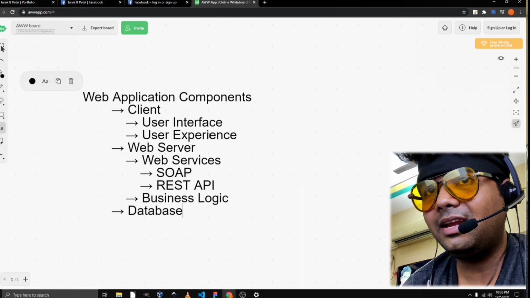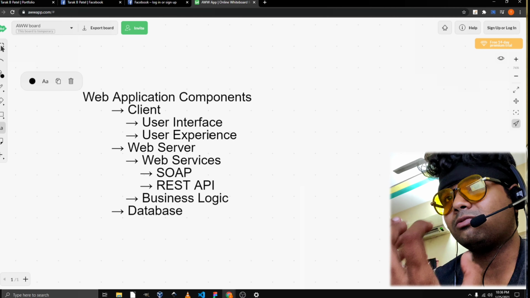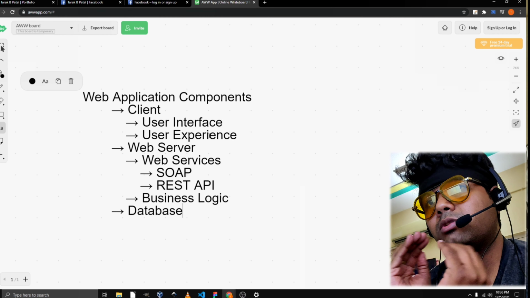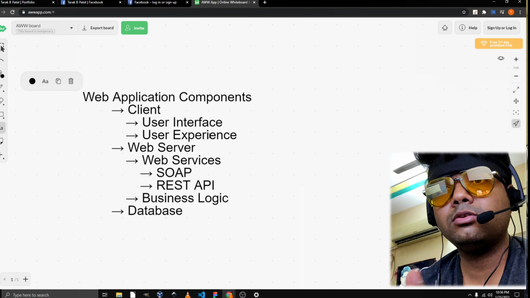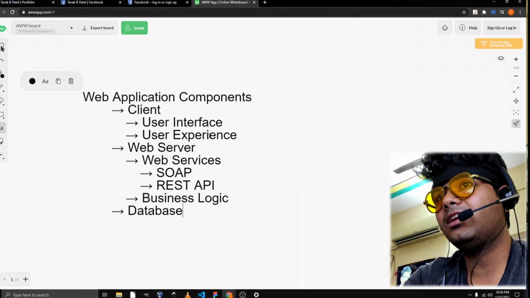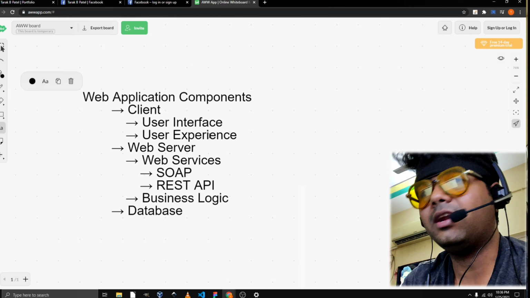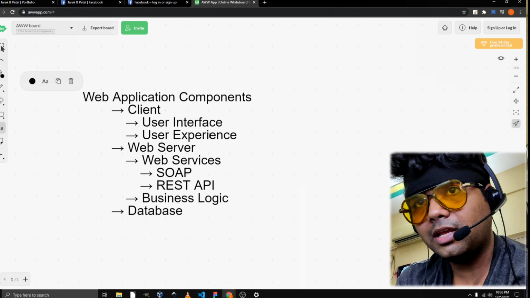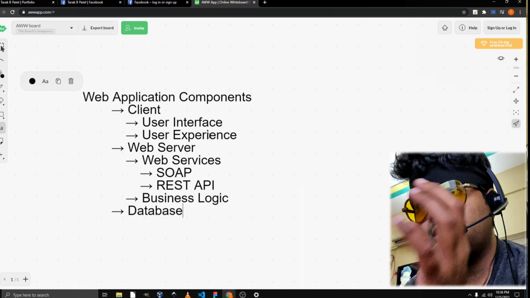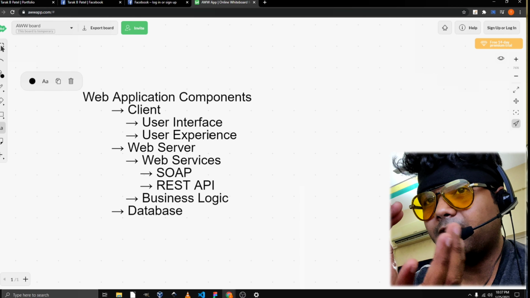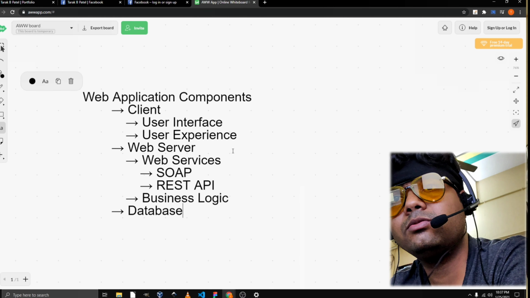And what happens in that client is you give a user the experience. So the user interacts with it, and this is what a user sees. The user interface, user interaction and user experience is what the client delivers to you as a person. This is an interface where a human sitting outside the computer interacts with the computer or your phone, and this is what he sees and this is what he gets. This is the responsibility of a front-end web developer or an application developer. As a full stack web developer, the front-end web developer is just a part of it, who is responsible for developing this user interface and user experience.